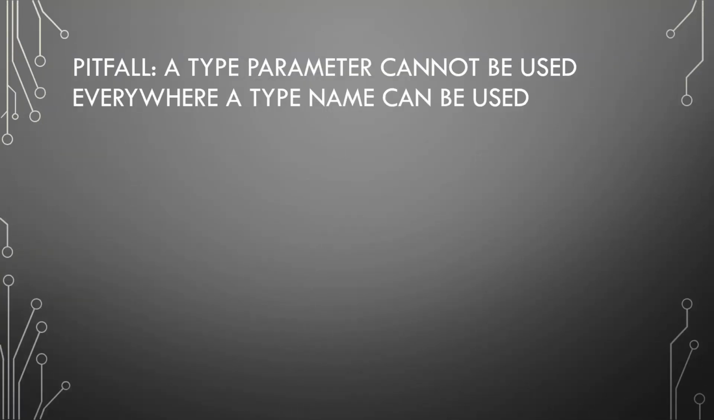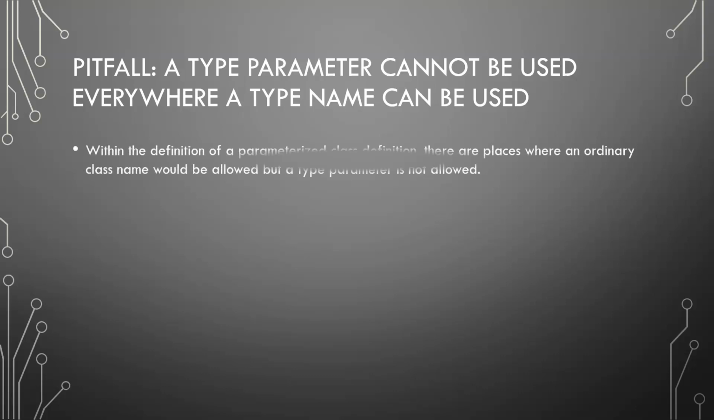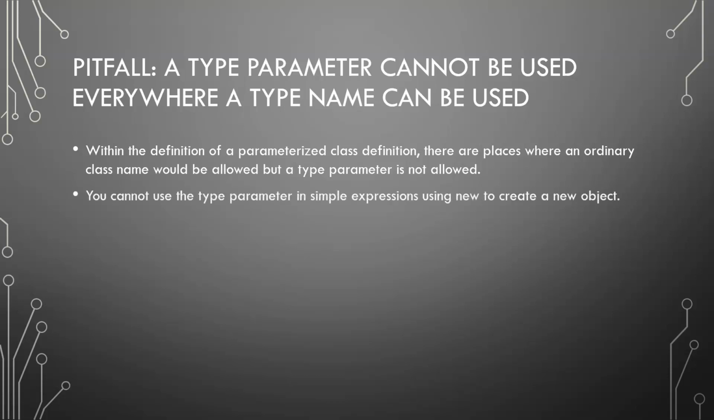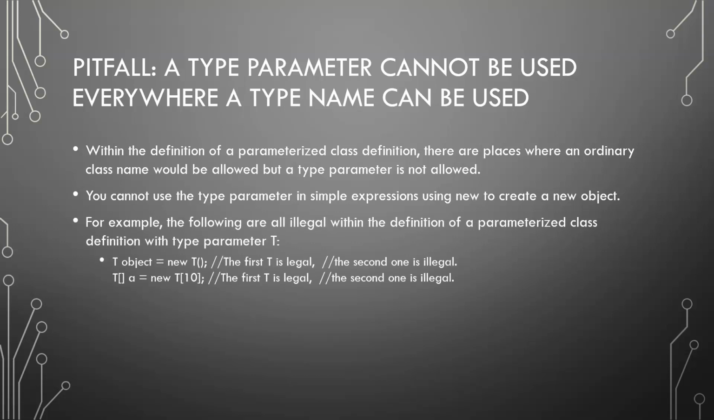All right, additionally, a type parameter cannot be used everywhere a type name can be used. Within the definition of a parameterized class, there are places where an ordinary class name would be allowed, but a type parameter is not allowed. You cannot use the type parameter in simple expressions using the keyword new to create a new object. For example, the following are all illegal in the definition of a parameterized class with type parameter T: T object = new T();